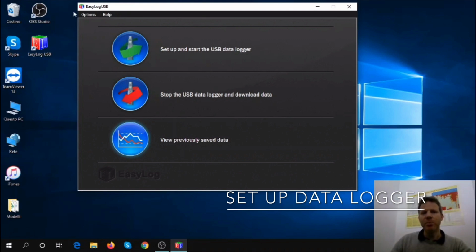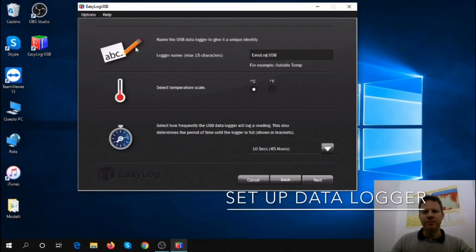At this point we can insert our new Datalogger inside a USB socket of the computer. After plugging it in, we can move on to selecting the program on the Datalogger. To start with the measurement, click on the green button on the top, set up and start the USB Datalogger. We see that the first data to be modified is the name